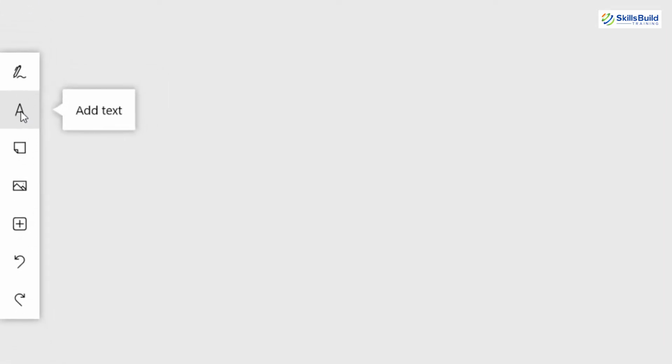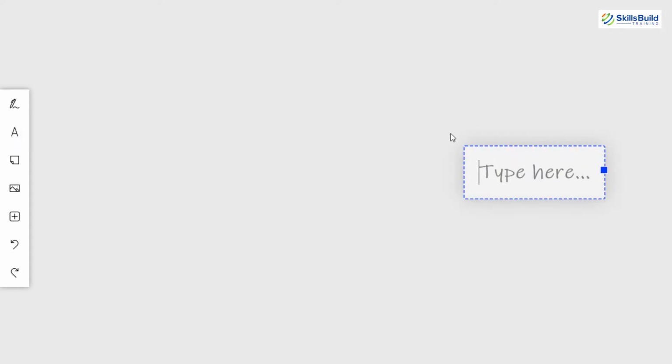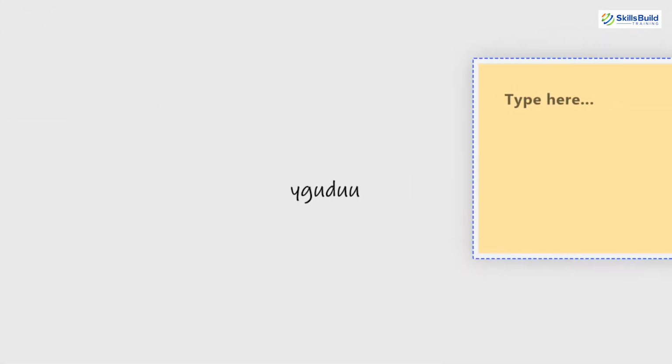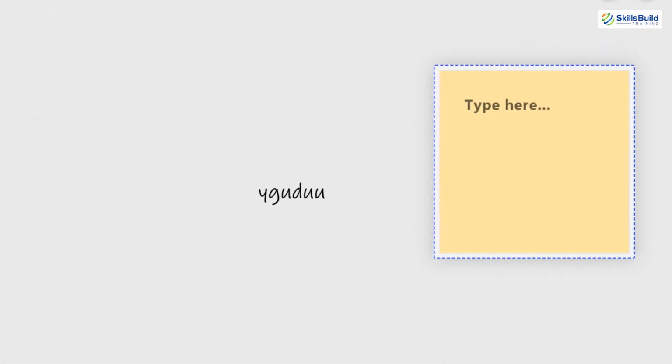If you are done with inking, simply click on done inking, and here you have another option, that is add text. By simply clicking on this option, you will be able to write anything anywhere. Now here you can use this option in order to add notes. Using add notes, you can actually add notes to the whiteboard. It is a very useful tool, as you can add as many notes as you want to. You can write important things here.